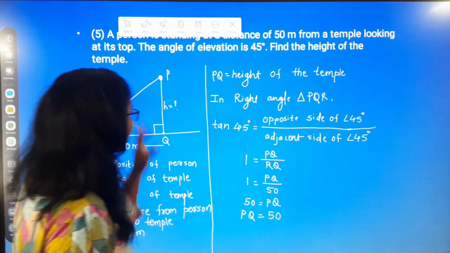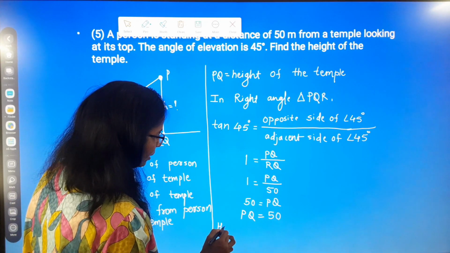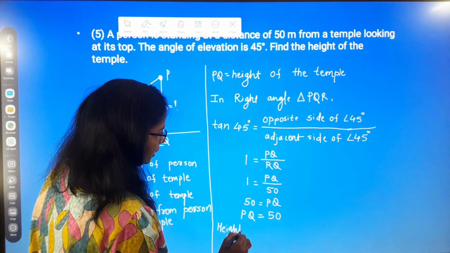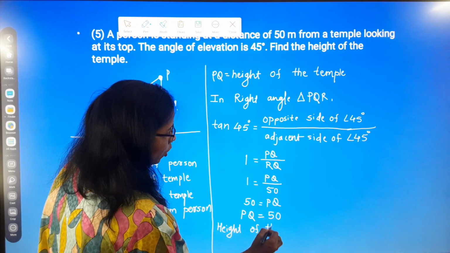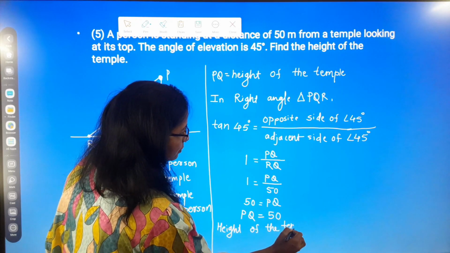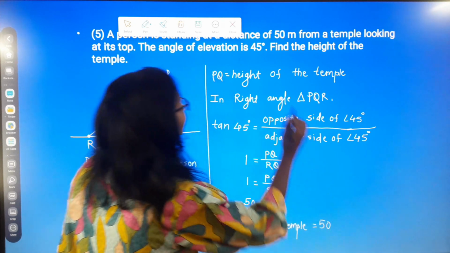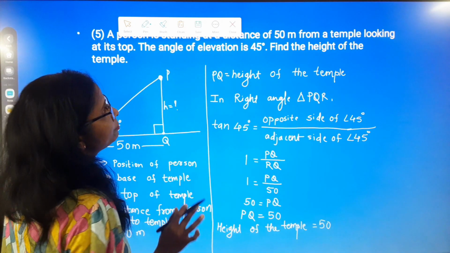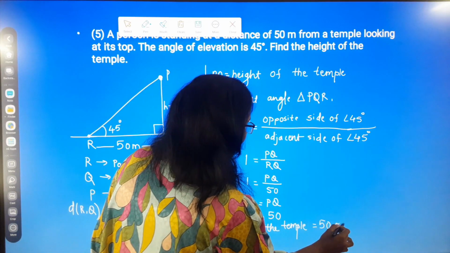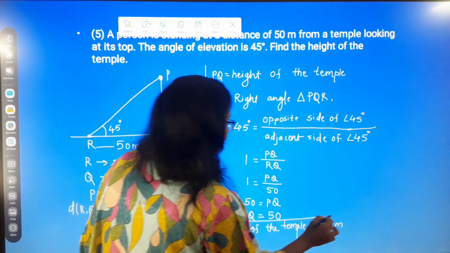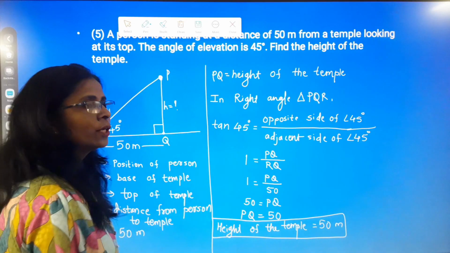So now PQ is the height of the temple. Therefore height of the temple is equal to 50 meter. Okay, this will be. Okay students, such a way